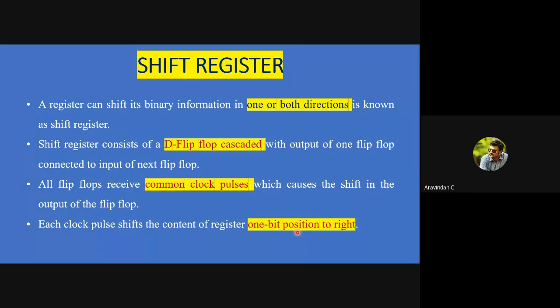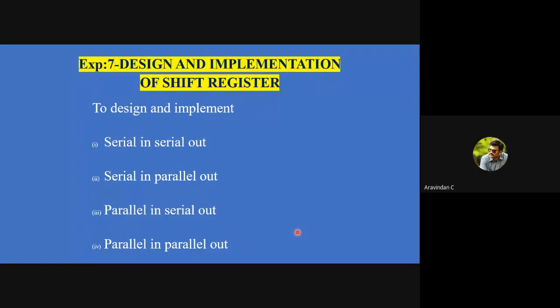So in this way we are going to have a transmission of data from one flip-flop to the other flip-flop. Okay. So this is the so-called shift register. We are going to shift. For example, take the other one: you are moving from first year to the second year. Now presently you are second year. The next year you are going to come into the third year. So likewise you are shifting your position from one position to the other position. Similarly, we are going to transfer the data from one point to the other point. Okay. Which means that it is shifting from one box to the other boxes.